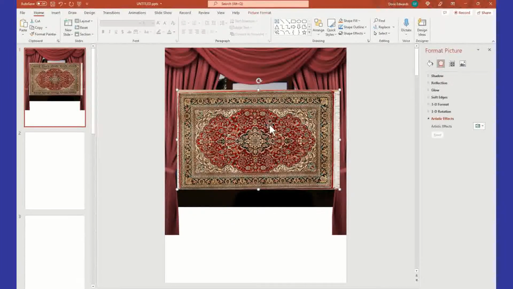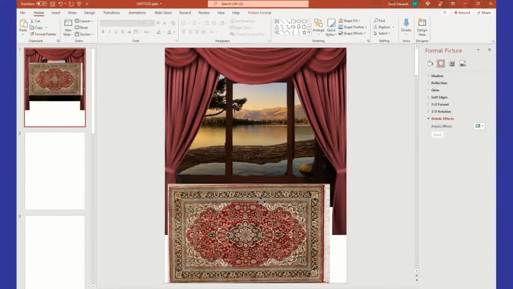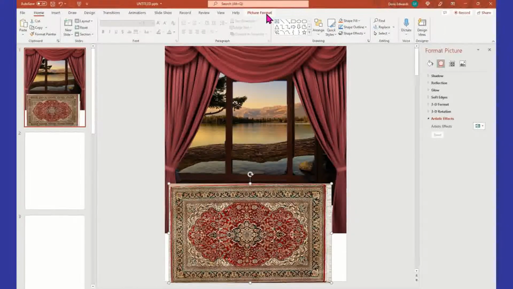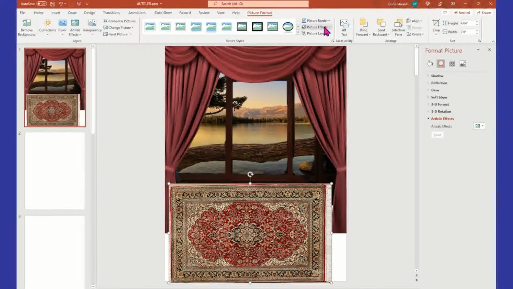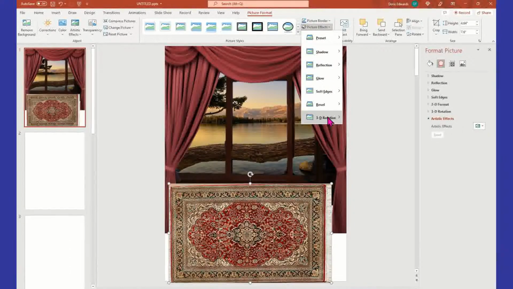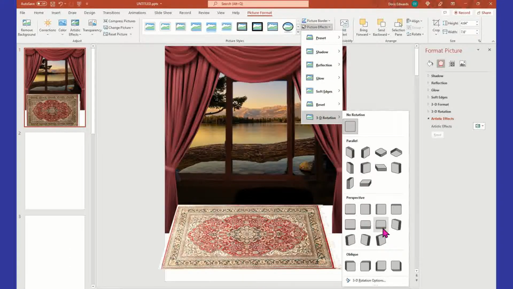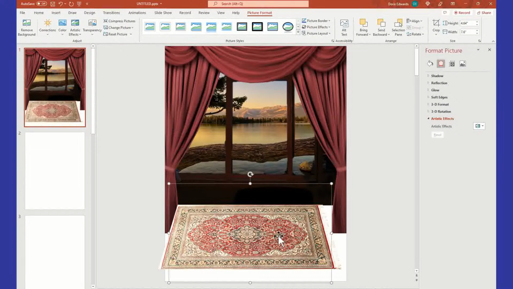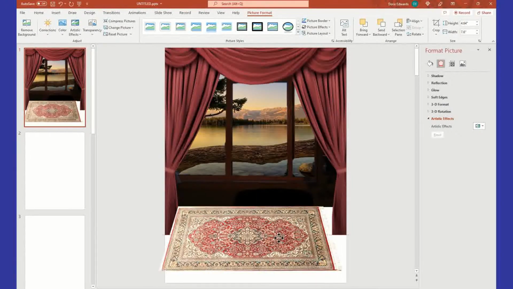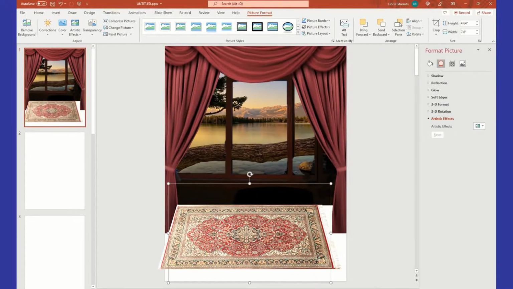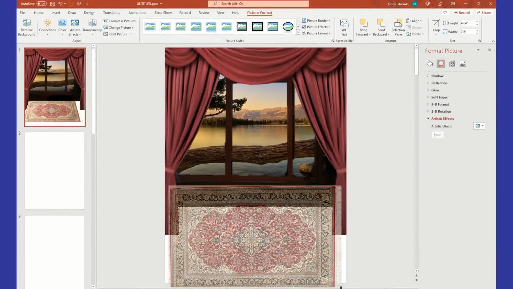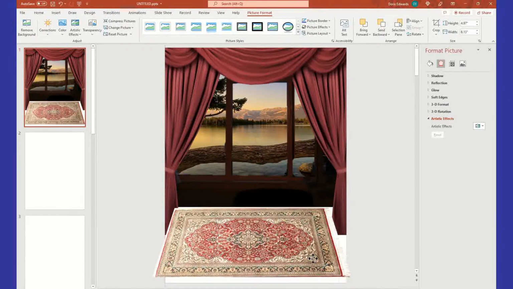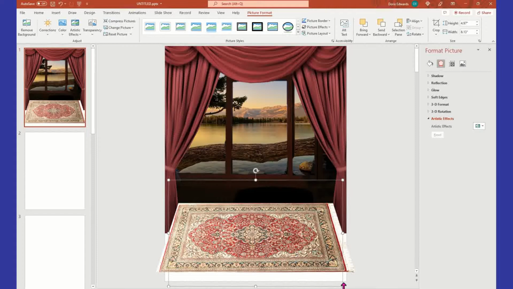All right, so we're going to again go ahead and delete that artist info, highlight it and delete on your keyboard. And we're going to go to picture format, picture effects, and 3D rotation. And we're going to do a perspective relaxed. Perspective relaxed. And that's going to shift it to make it look like it's laying down flat, which is what we want. And then size it so that it covers up the majority